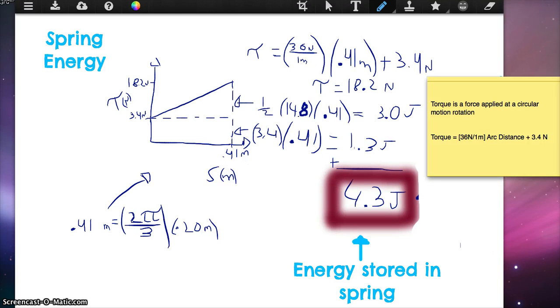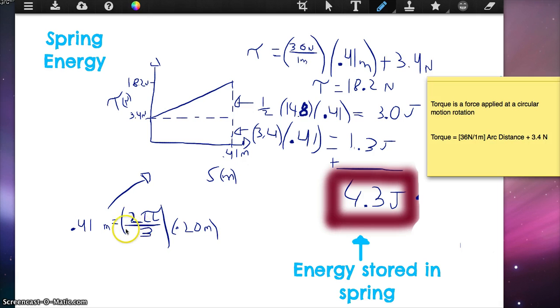So for this screencast, we have to find the energy stored in our spring. So the first thing we have to do is measure our arm on the mousetrap car, in meters. Mine was 0.20 meters. And then we also have to grab an estimated angle in radians from the video, and I got 2 pi over 3,